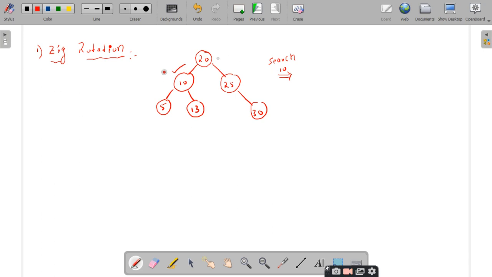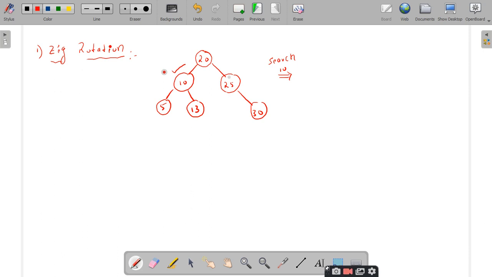Since the search element is less than the root element, you have to perform your search operation in the left side part of the 20. So I go to this node. Here I have compared this 10 with 10. So here I have found the element, that is, the search is successful. Am I right or not? Yes, sir. I am explaining these rotations with the help of search operations.